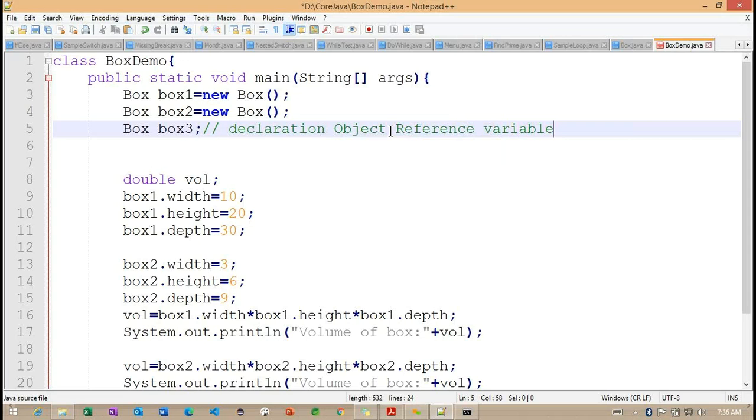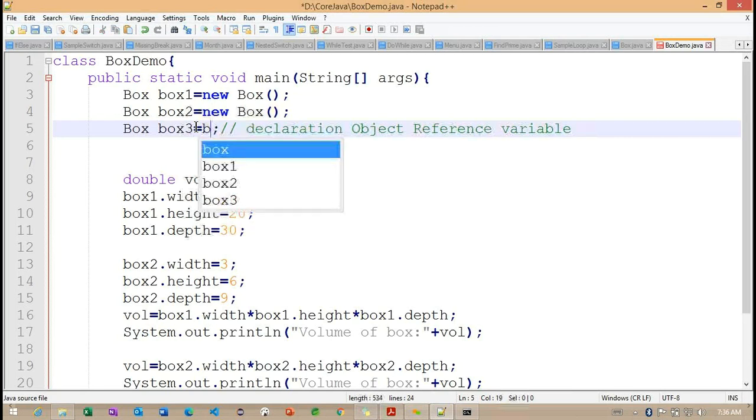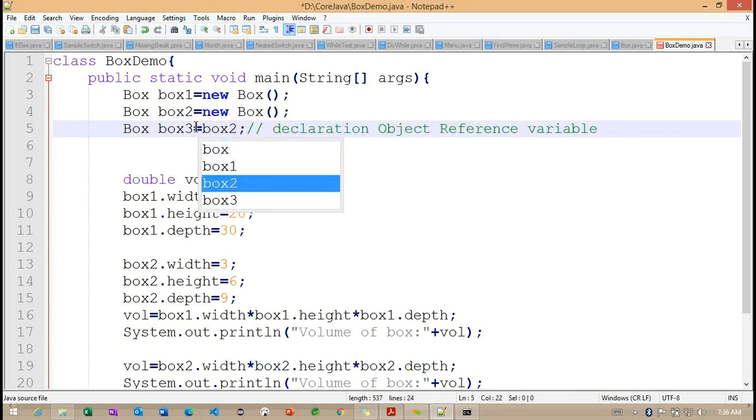Right. Now observe here. With the help of this particular object reference variable, you need to understand what I am doing. Box 3 is equals to box 2. So carefully observe, I am declaring one variable called box 3.